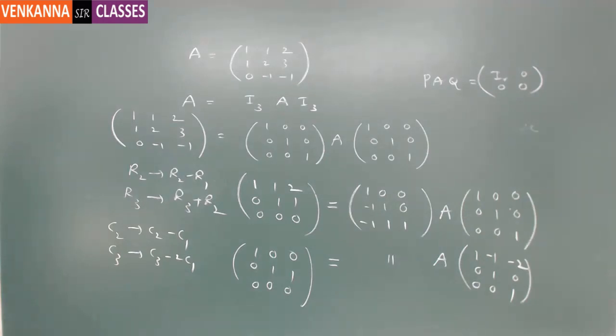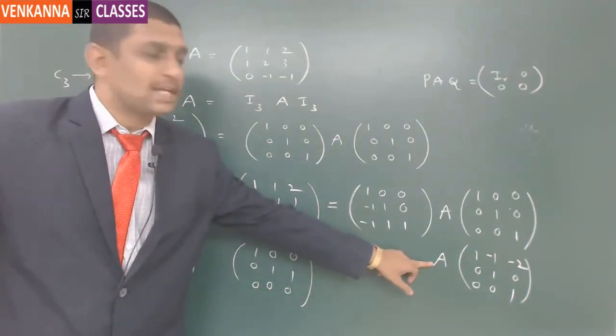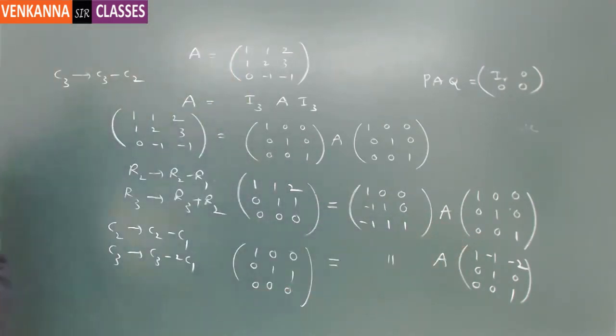Again, to reduce it in the form of IR00, we apply C3 tends to C3 minus C2. So this factor will remain as it is, A will remain as it is. We are going to do the modification only on this right side part. So the resultant will be given as